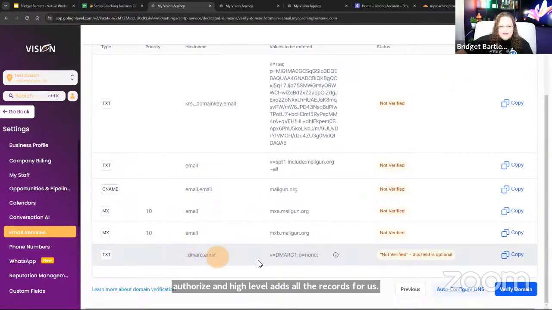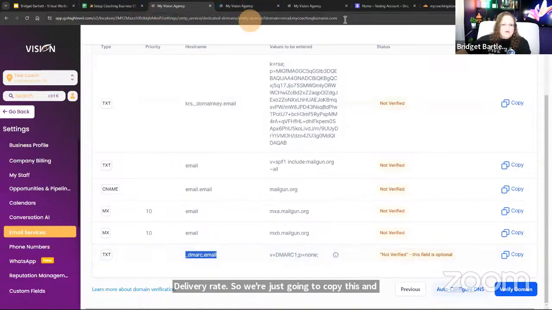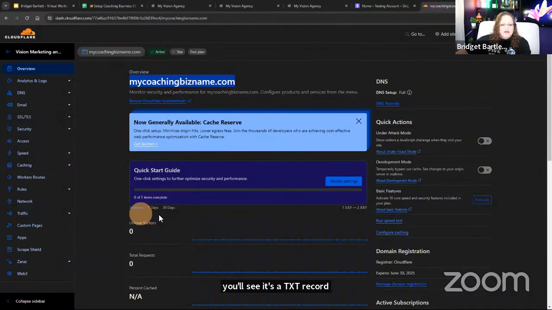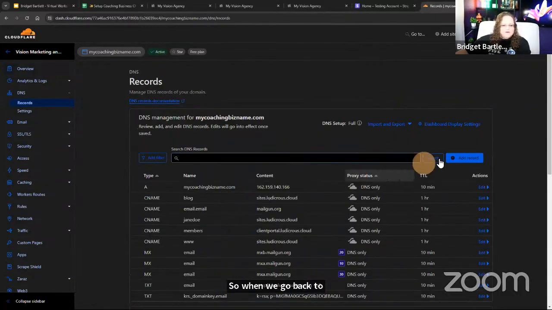Okay, so this one we'll manually add. It says it's not required, but it will help you to increase your email delivery rate. So we're just going to copy this, and you'll see it's a TXT record. So when we go back to Cloudflare here, we're going to go into manage our domain, DNS records, and you'll